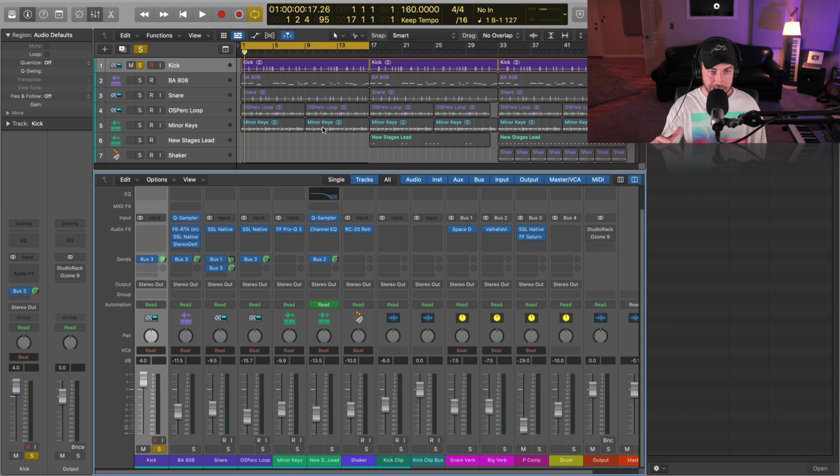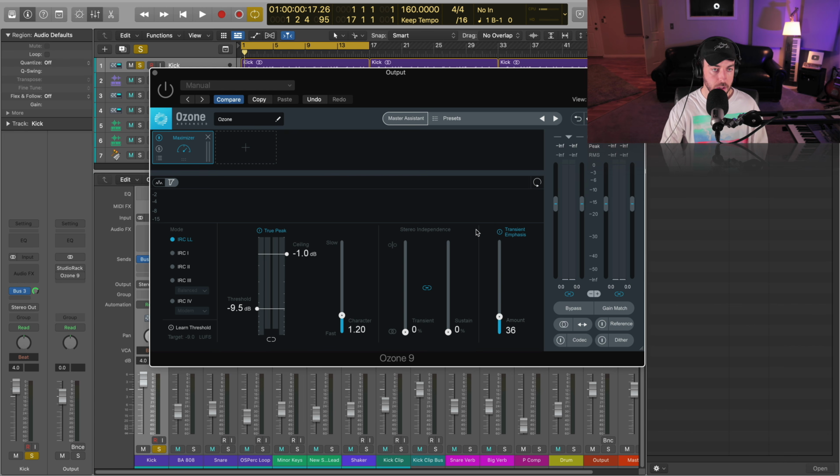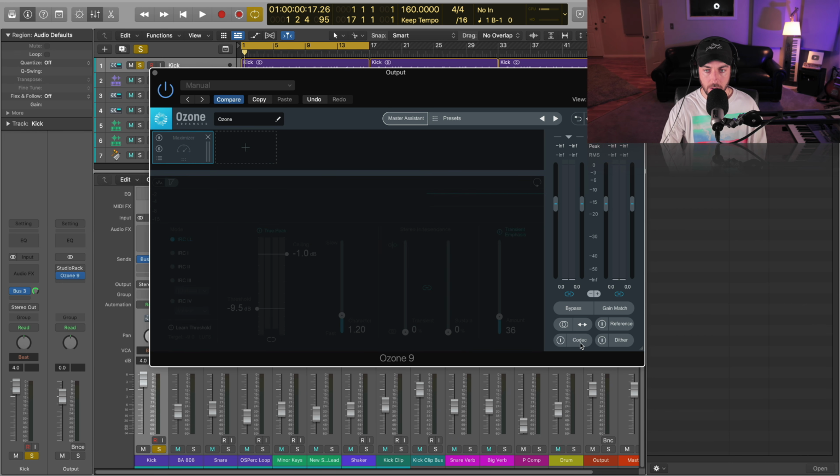Now, if you're in the DAW and you don't necessarily know if that track that's clipping is causing a problem and you don't necessarily want to export it and you just want to check it, there is a codec preview tool in Ozone that's very useful for this purpose. So I'm going to turn off the maximizer, turn on Ozone, and click this codec tab.